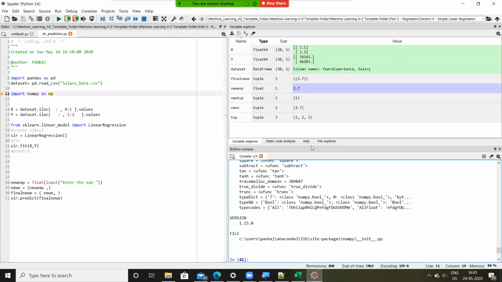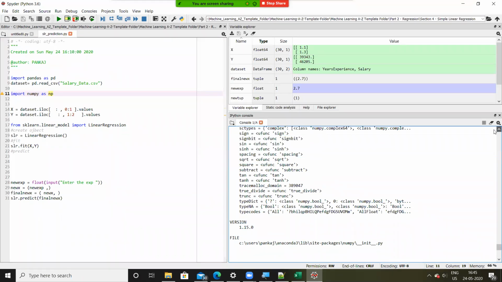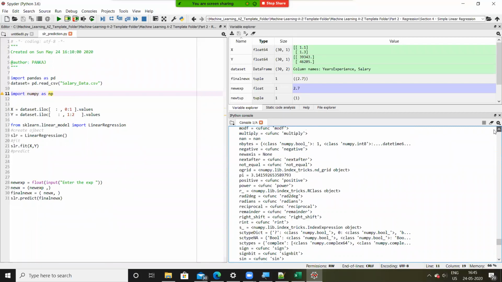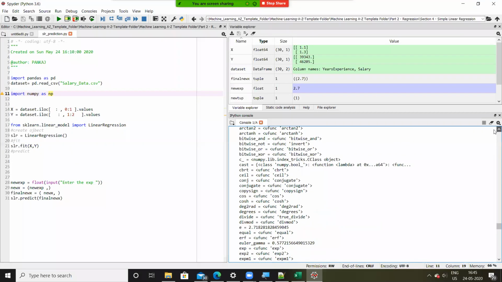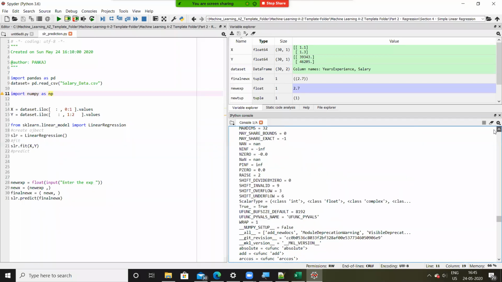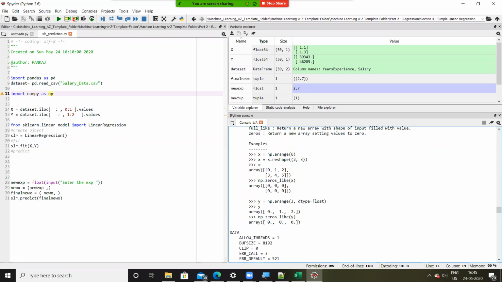In this numpy library, if you scroll up, you will see examples on how to create the arrays. All right. You'll find examples on how to create the arrays.